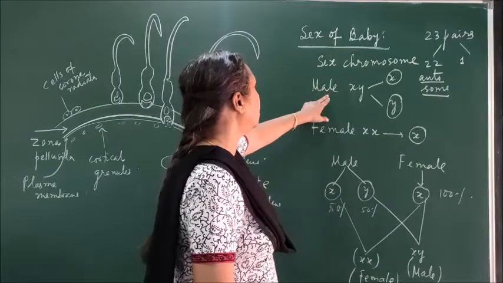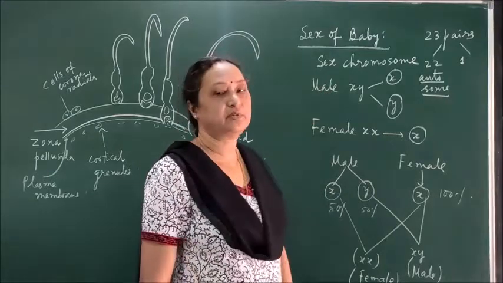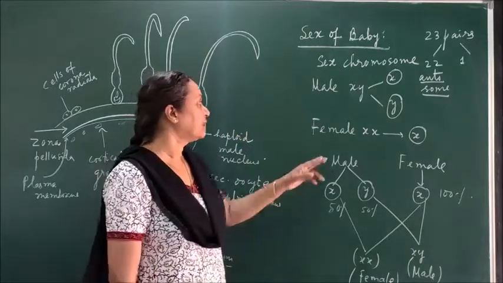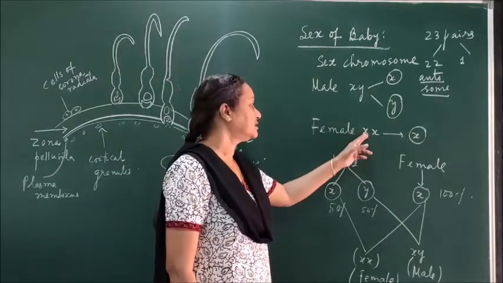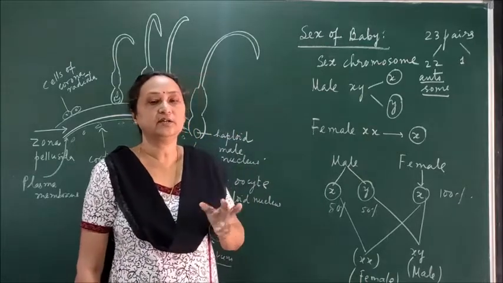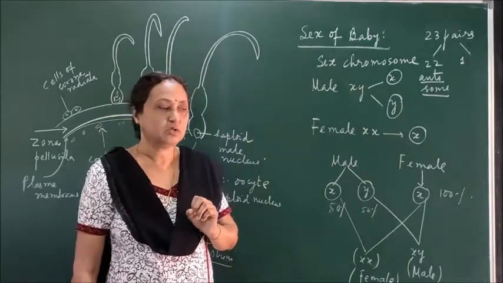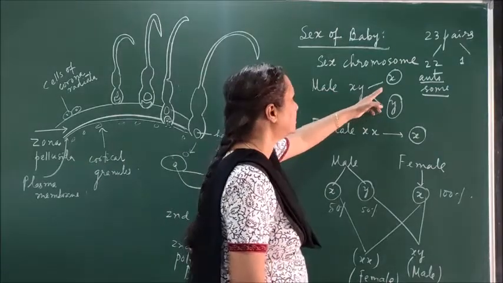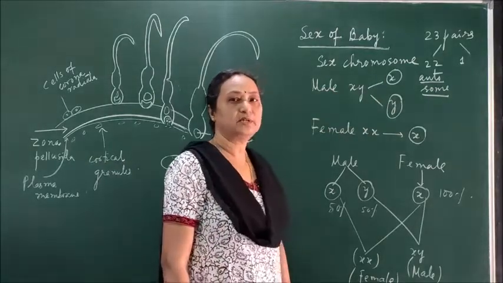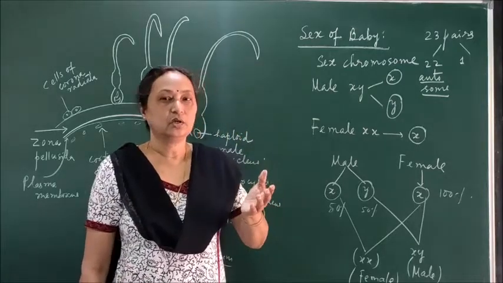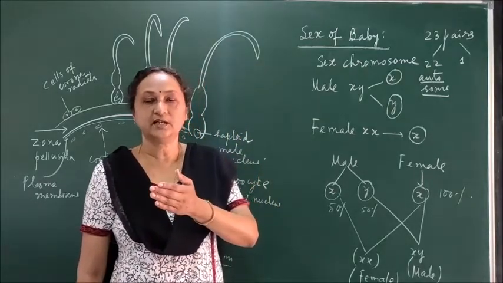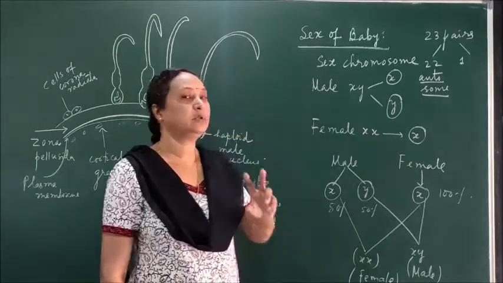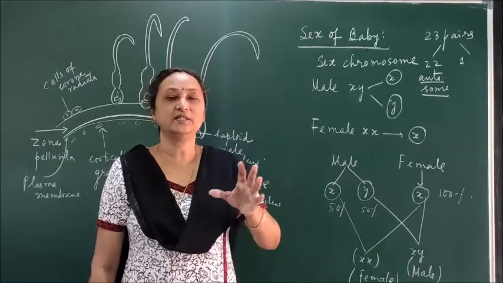In the male, there are two types of sex chromosome. One is called the X chromosome, another is called the Y chromosome. In the female, the sex chromosomes are of a similar kind; there are two X chromosomes. So in the process of gametogenesis, the male can produce two different types of gametes. 50% of the gametes have the X chromosome, and the other 50% have the Y chromosome. But because the female has double X, all female gametes have the X chromosome.